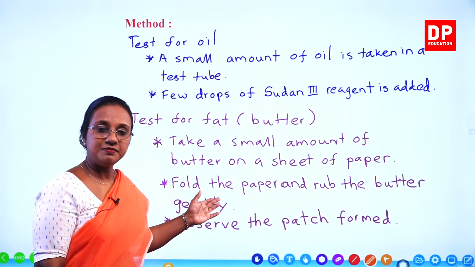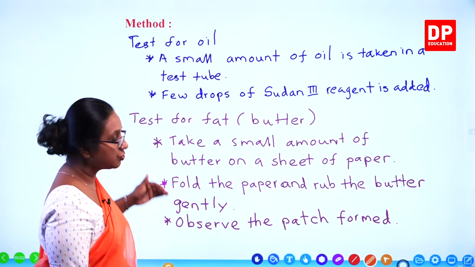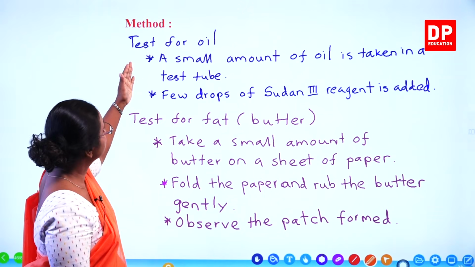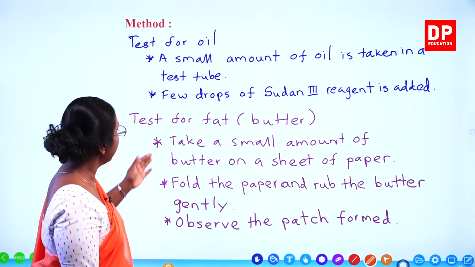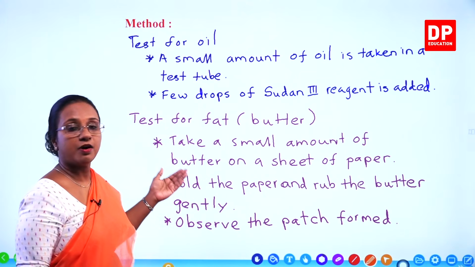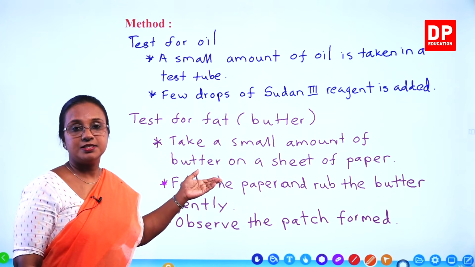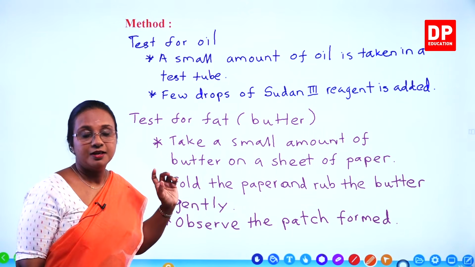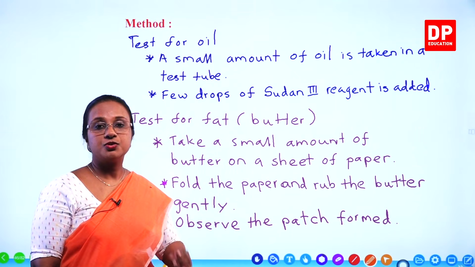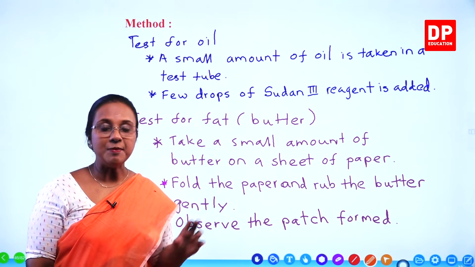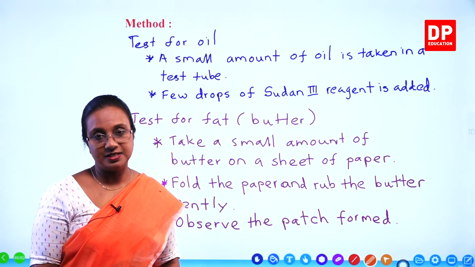So this activity contains two parts. One is the Sudan 3 test for the oil, which is a lipid, and the second test for the butter, which is a fat. I hope you have clearly understood the steps. So now we will go to the lab and carry out this activity. Okay students,